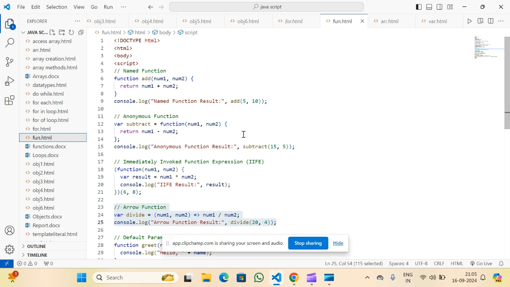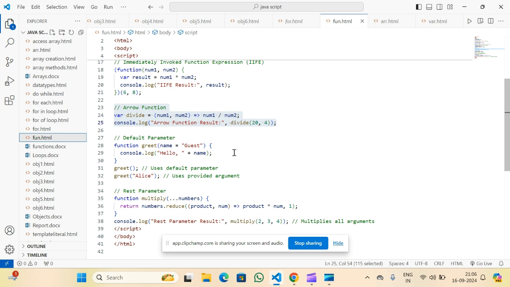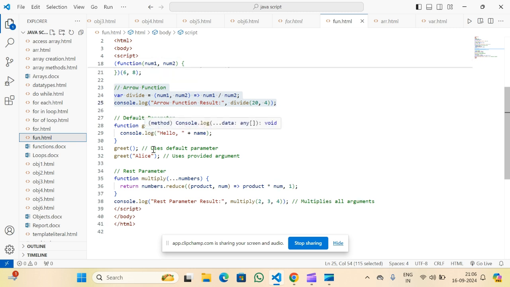A named function is a function with a name, whereas an anonymous function is a function without a name, used as a value. An immediately invoked function, also known as an IIFE, is a function that executes immediately after its definition. An arrow function is a shorter syntax for writing functions, introduced in ES6. We have some more concepts like default and rest parameters. Default parameters allow setting default values for parameters, whereas rest parameters allow a function to accept an indefinite number